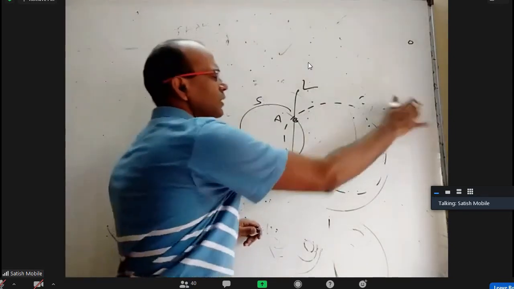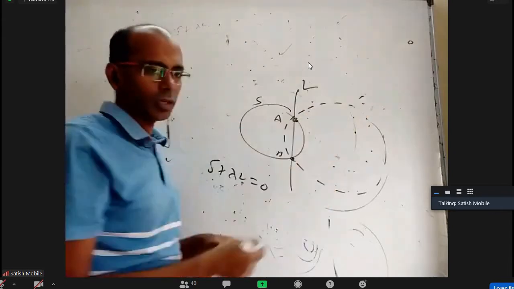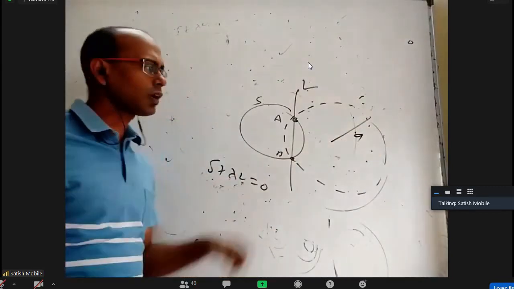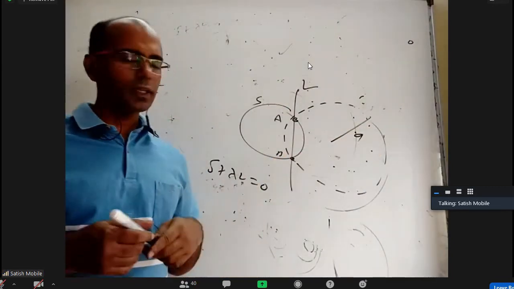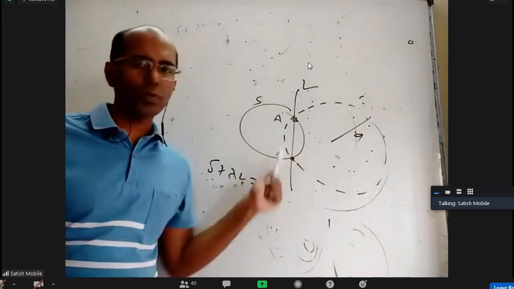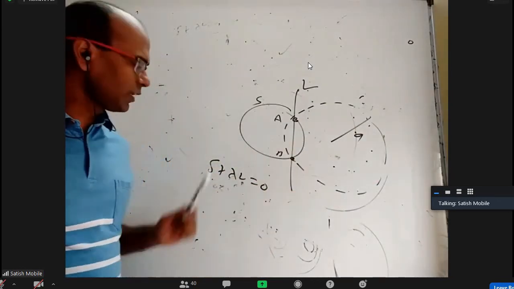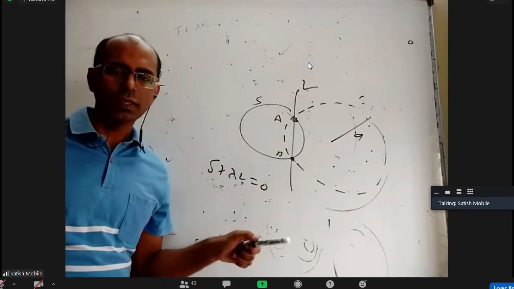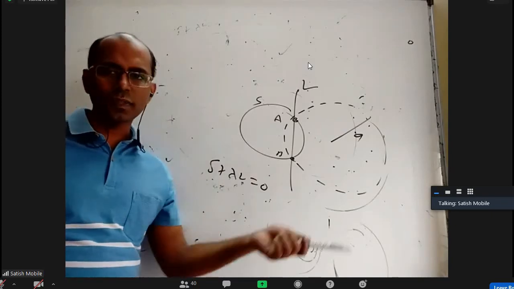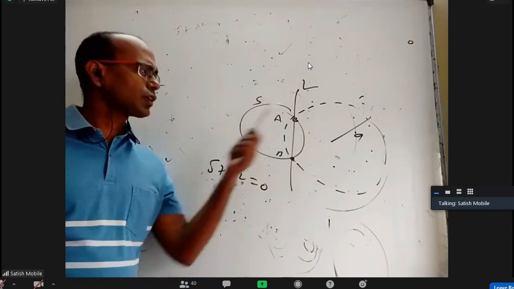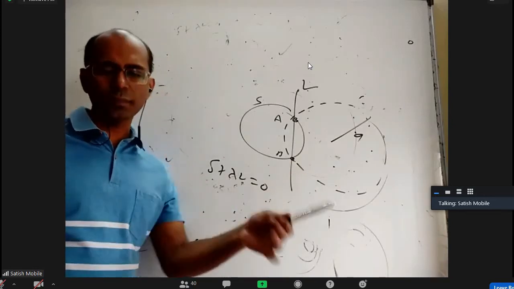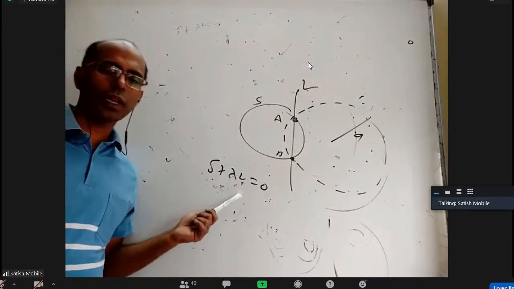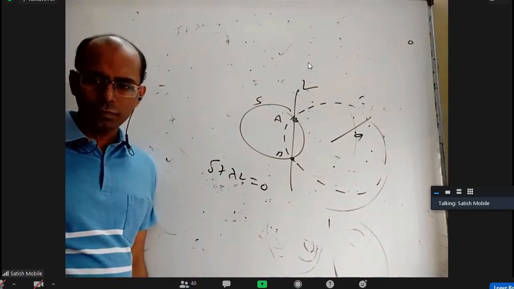Instead of (5, 7), they may tell that this should intersect some other circle orthogonally. Apply the orthogonality condition, we'll get lambda. They may tell that this radius should be 9 units, or that it should touch so-and-so circle, whatever it is. For finding lambda, they will tell something about this. Any circle passing through A and B will be in the form of S plus lambda L equal to 0. If you want to find lambda, you should know something more about this circle, whether it is touching a circle, or intersecting some other circle orthogonally, or passing through a point, or has some radius, or some x-intercept. If it is mentioned, we can use that data to find lambda, put that lambda back, and we'll get it. Is it clear?